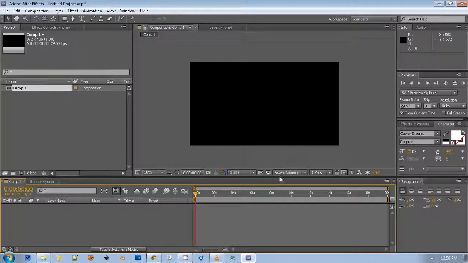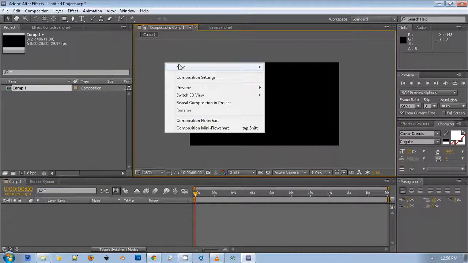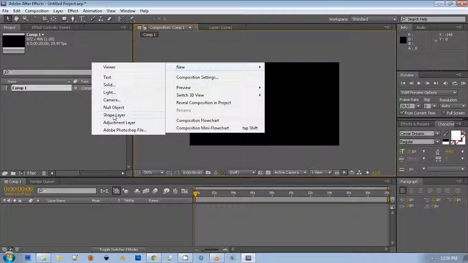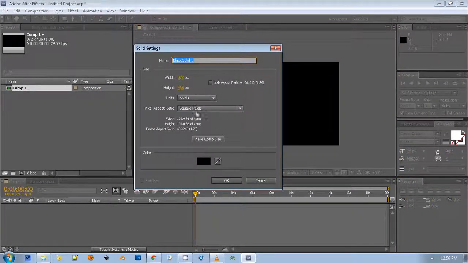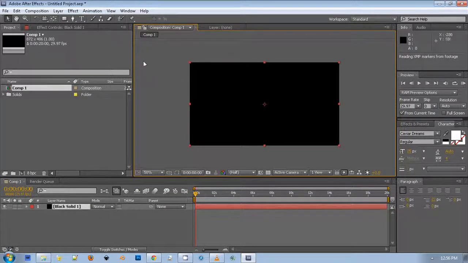Now if you realized, in the video we had a nice looking background, we had some text, and then we had this light lens flare just going across the top like that. So the first thing we're going to do is create what is known as a solid that we can use as our background. So just right click, new solid, and we can leave that black or whichever color we choose, and then afterwards